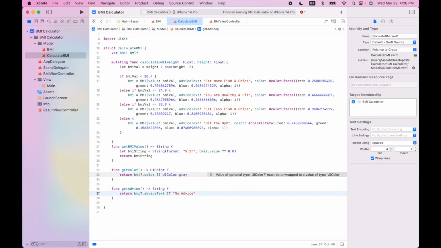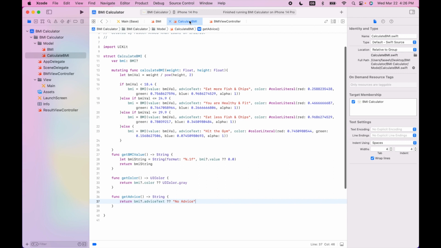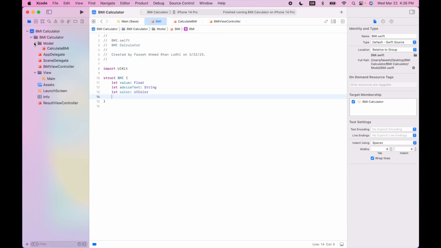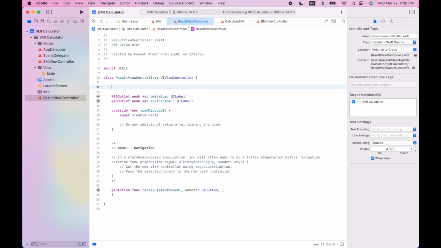This is just for an exceptional case, but yeah. So the errors will go away. Now we already have our calculate BMI, our BMI in our model. And now let's go to the results view controller and create the variables